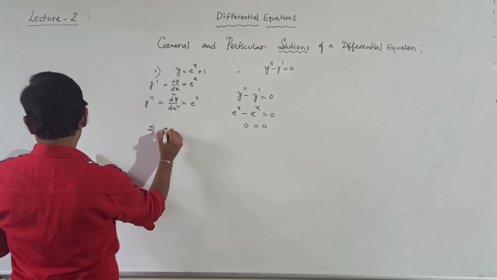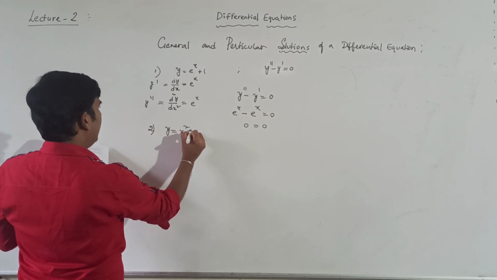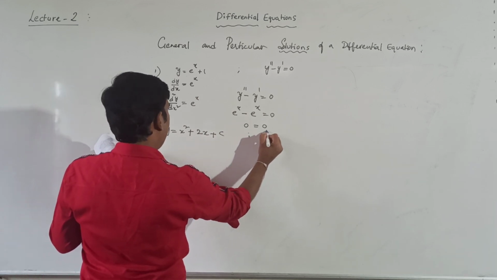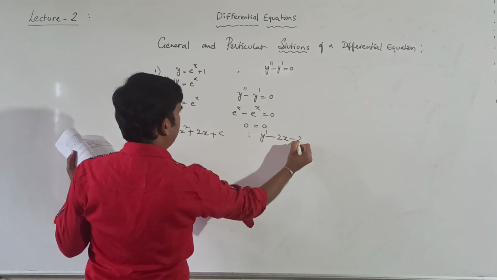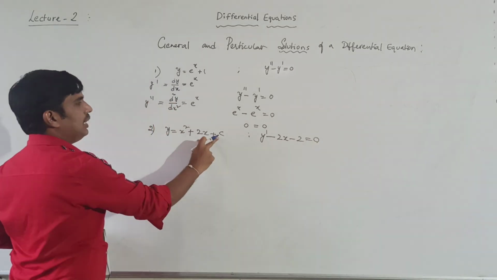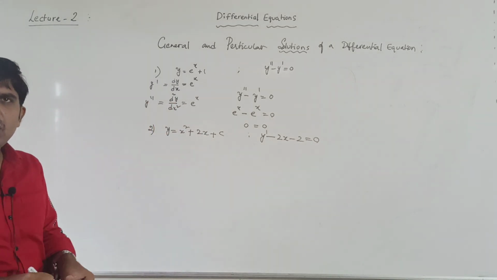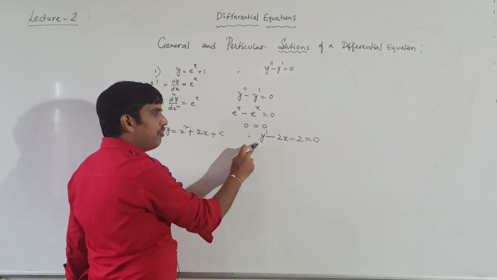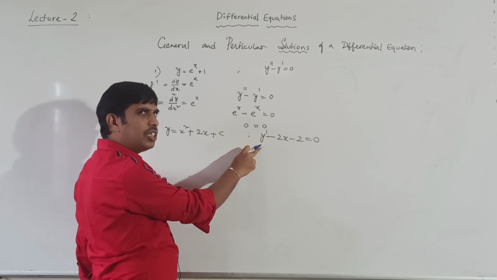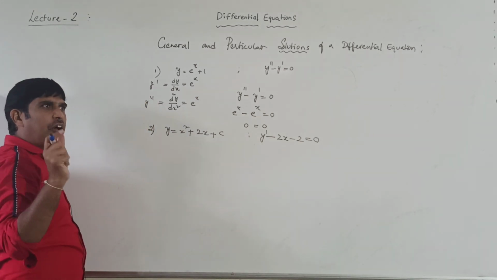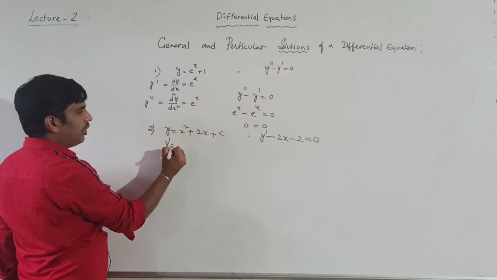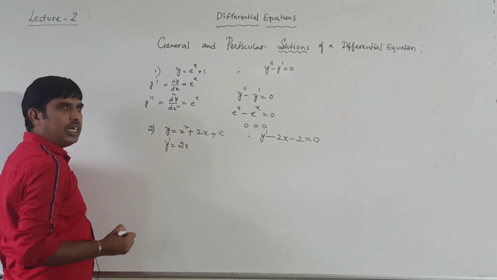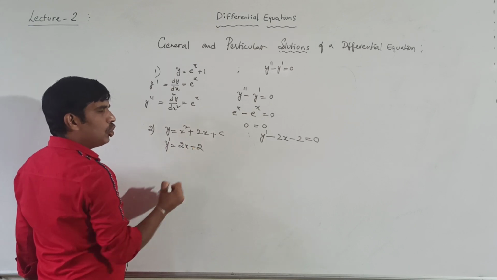Next, second problem, y is equal to x square plus 2x plus c. Given y dash minus 2x minus 2 is equal to 0. c is nothing but any one constant. Whether it is a solution or not we have to verify. Here first order only is the highest order, right? So how many times do we have to differentiate? 1 time. Therefore differentiate 1 time, y dash: x square derivative, how much? 2x. 2x derivative is 2.